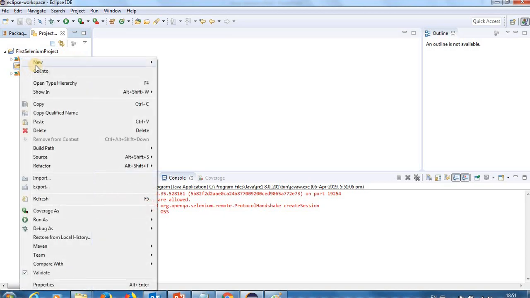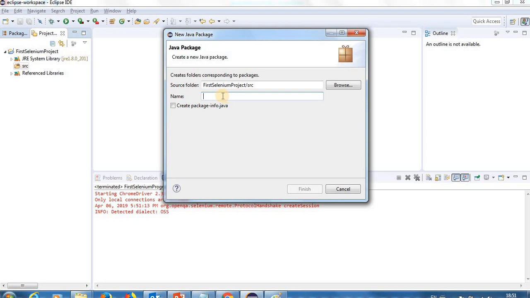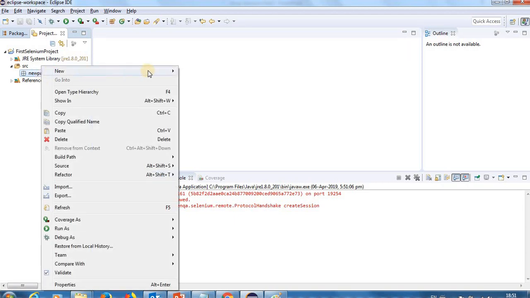and let me create one package. Package name I can give, new package. Make sure that the package name starts with lowercase. New package I have given the name, and inside this package let me create one class.